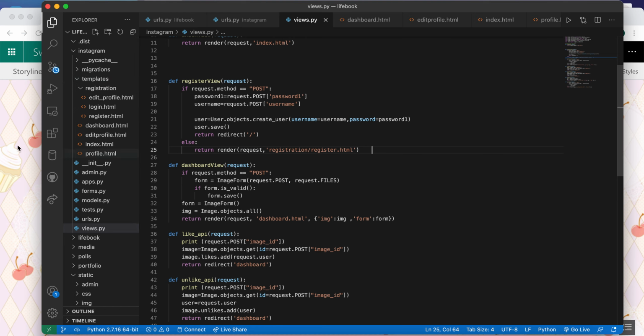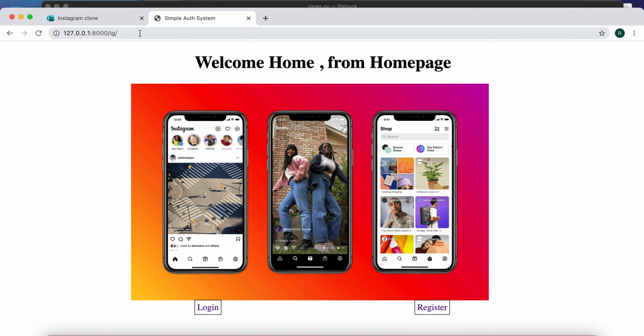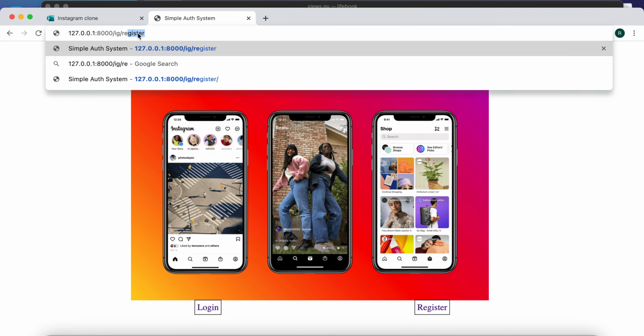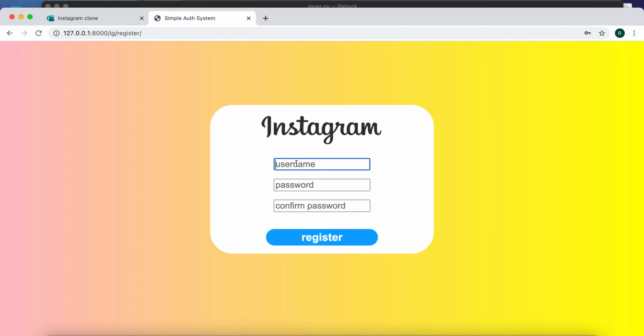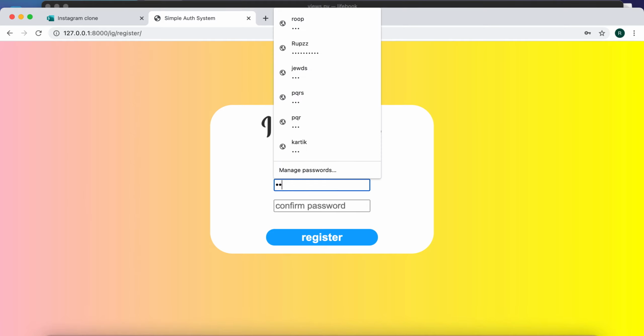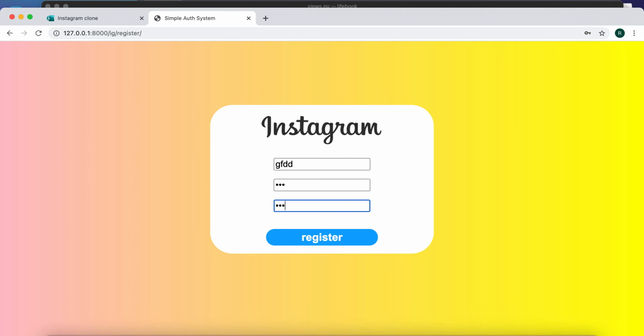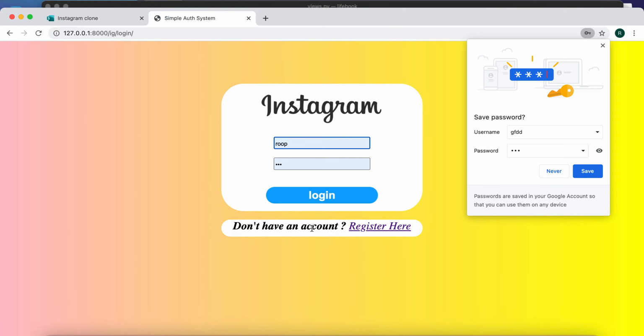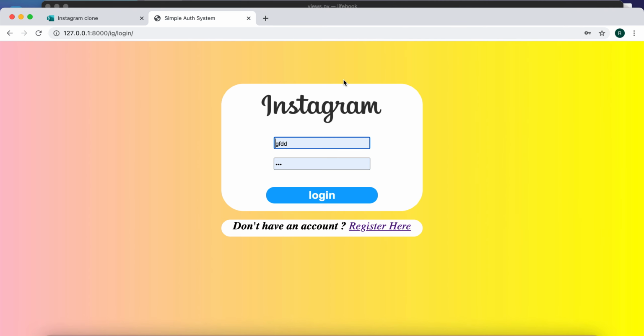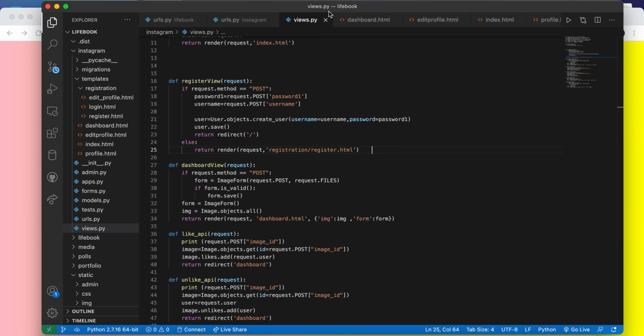So this is all. Let me show you my register page as well for better understanding, this way. So let me enter any random user and let me enter the password, let me enter this part and let me go to register. So you could see that my user has been registered, right?